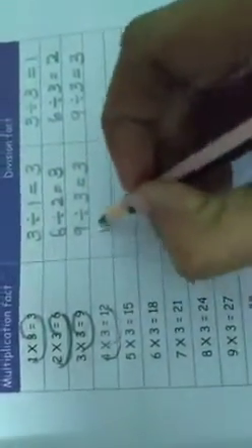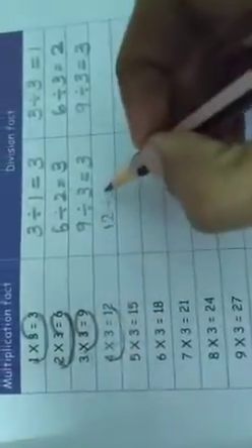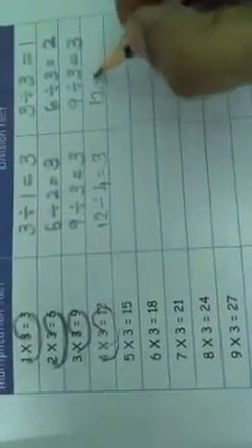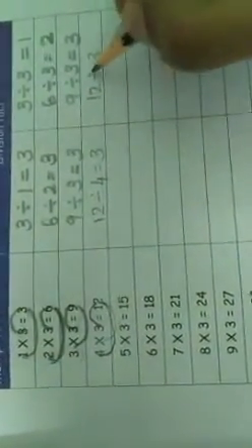Next, 4 3s are 12. 12 divided by 4 equal to 3. Next, 12 divided by 3 equal to 4. Okay, this is their answer, ma. Okay? Just like this you want to write. Check your answers, ma. Up to 10 3s are 30, you want to write this division fact.